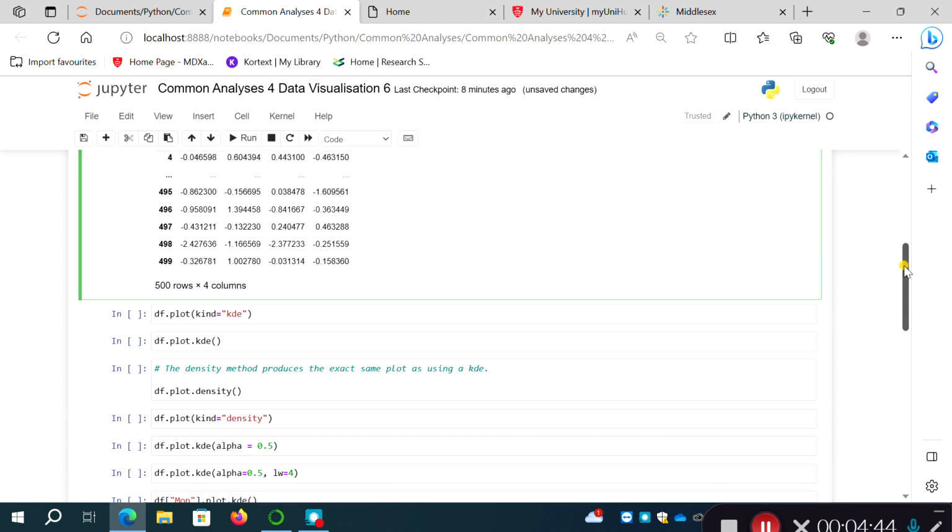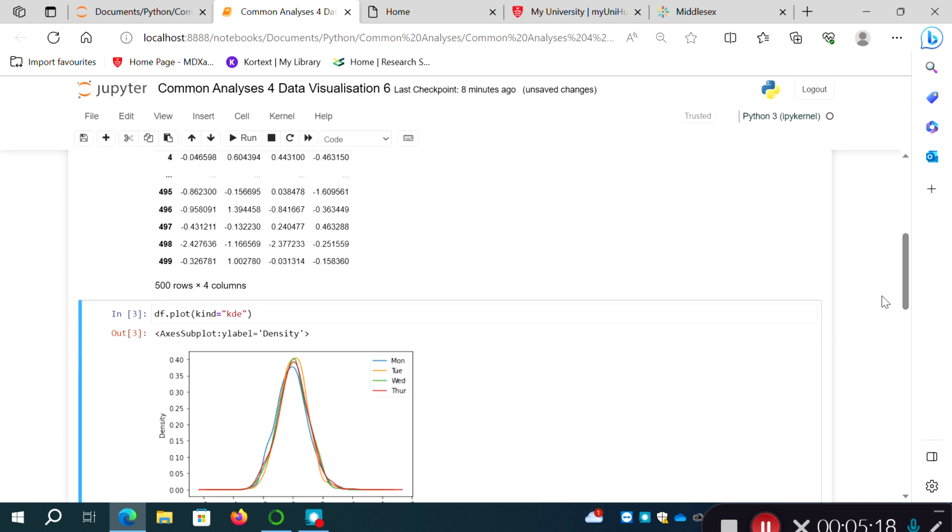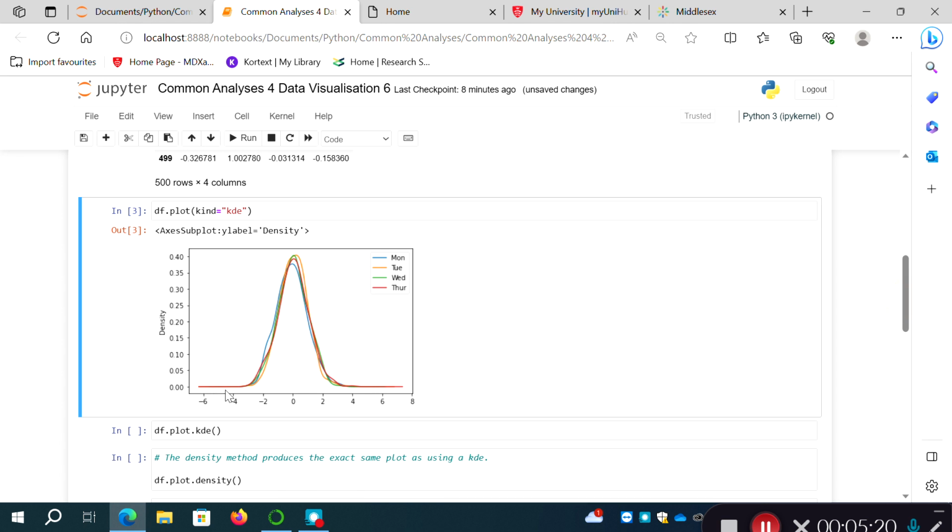Okay, so the first thing I'm going to do is use matplotlib to create a KDE plot, a kernel density estimator plot. I can do that by using the df object and then just .plot. And in the parentheses for the plot, I can specify the kind of plot that I want. So kind equals kde. If I just use this plot method and not specify the kind as kde, it will probably just give me some sort of line graph, which would look very messy with 500 rows of data. But if I run this command, you can see there we've got these nice continuous